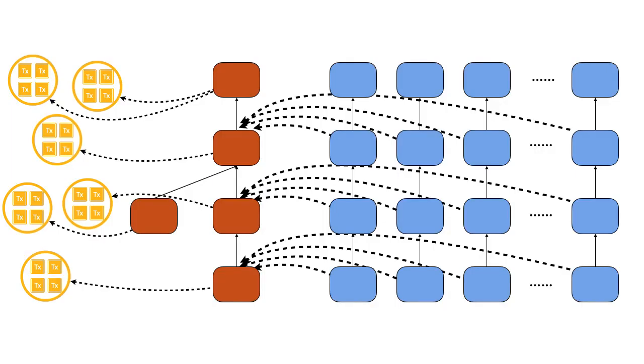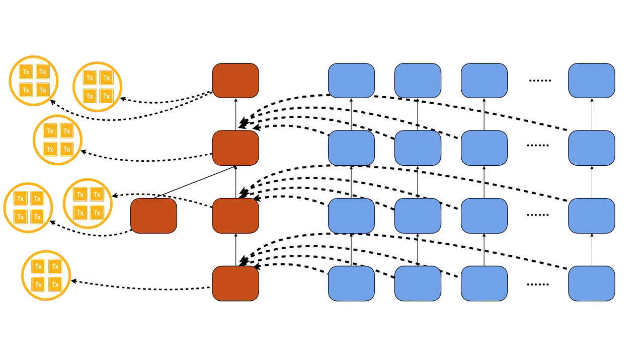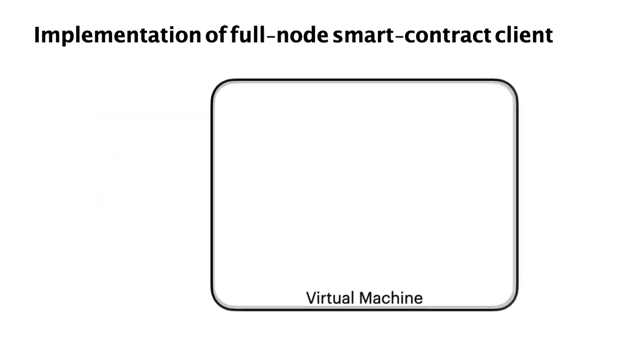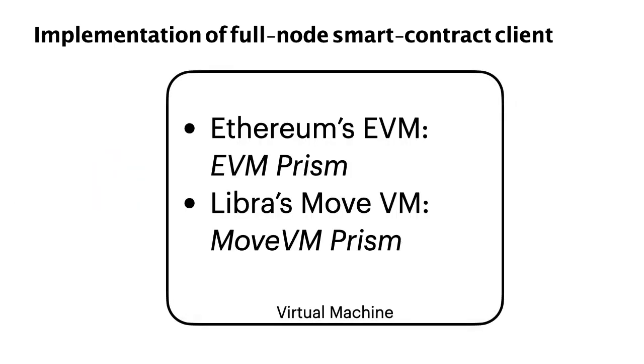So now, we have a very promising consensus protocol, and in this work, we implement a full-node smart contract client by adopting Prism as the consensus protocol. We also put two virtual machines on top of Prism. One is Ethereum's EVM, the other is Libra's Move VM. These two projects are open source, so their code is accessible publicly. From here, I will refer to the implementation with EVM as EVM Prism, and the implementation with Libra's Move VM as